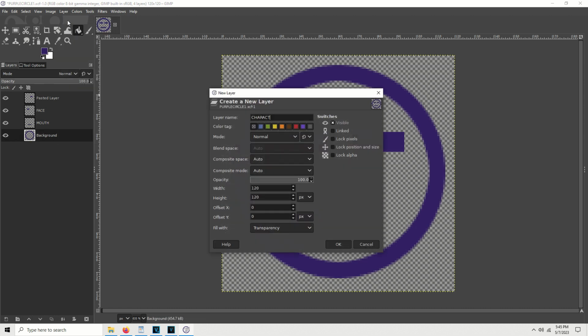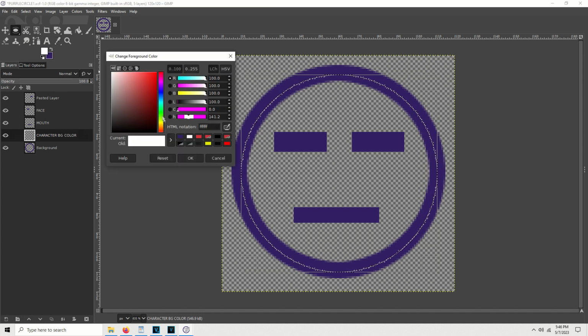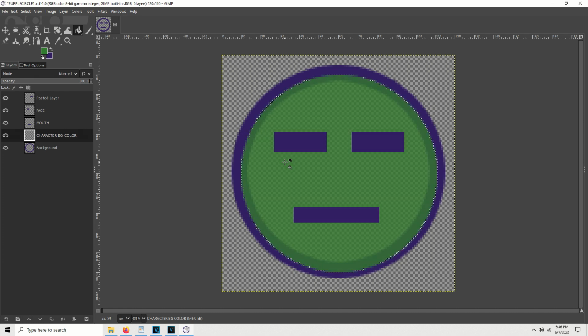So we'll call it character background color, and we'll go ahead and grab our ellipse, which is E, that's the circle. There we go. You've got to be selected on the tool and then hit E, and then it will change. We'll drag this out so that the outline properly covers it, and let's make it like a weird green color. There's a nice one. And then bucket fill tool and fill it in,